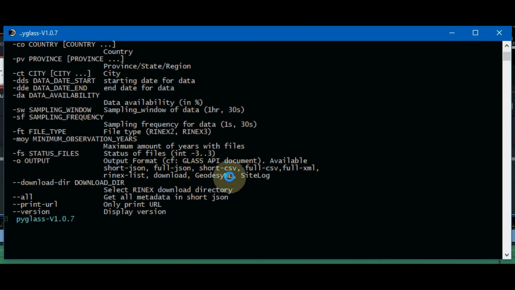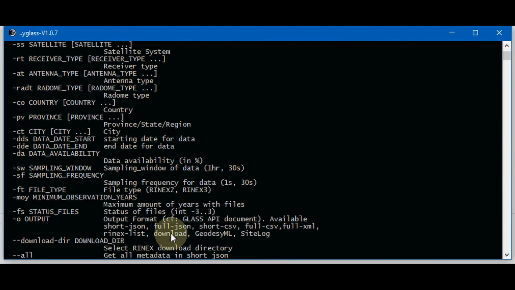There is JSON, GeoDesiML, and sitelog for the station metadata, and a list for the file metadata. The index can also be downloaded by setting this parameter to download. Finally, download_dir allows to select a specific path to save the data.